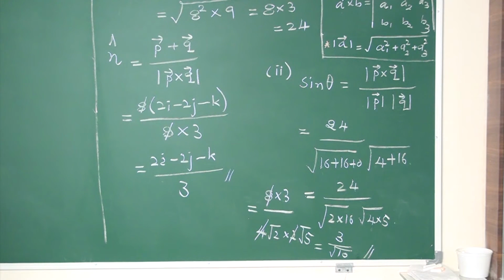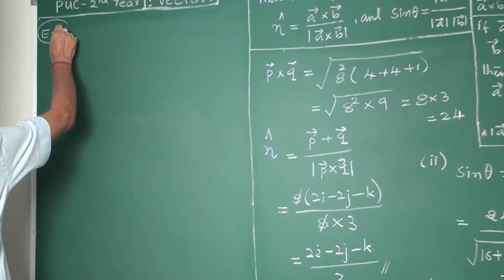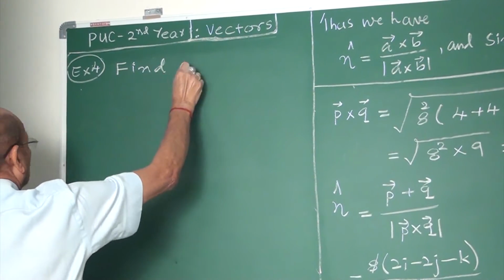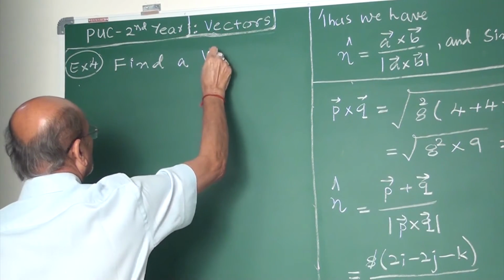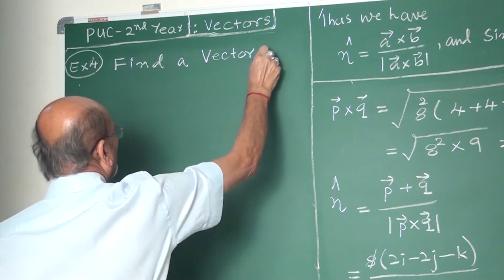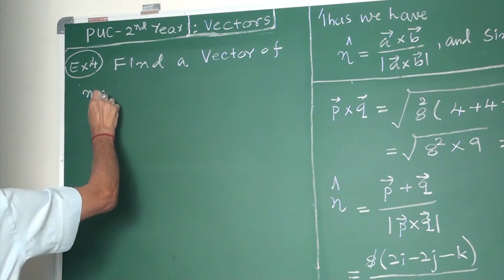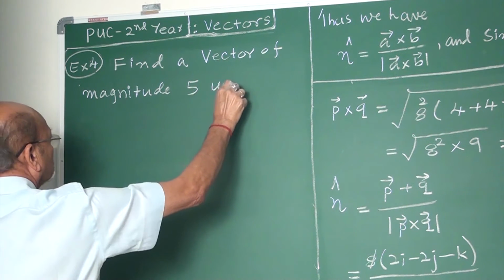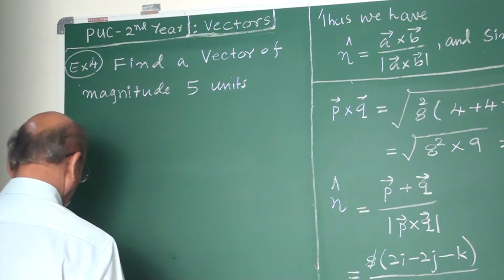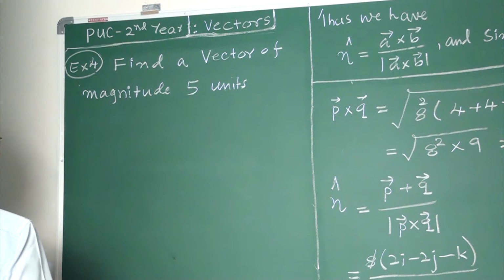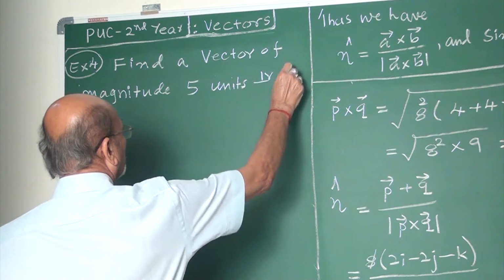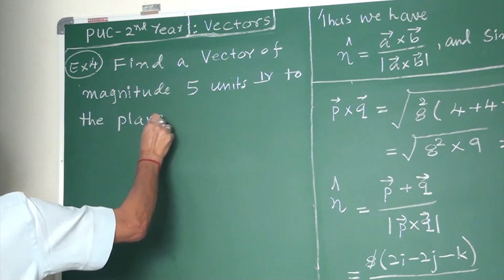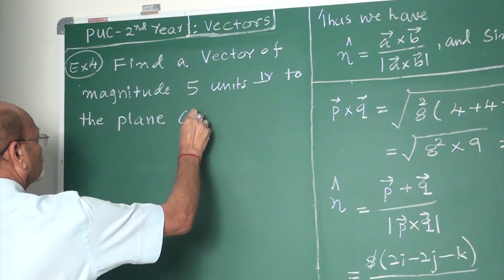Example 4. Find a unit vector, find a vector of magnitude five units perpendicular to the plane containing the vectors